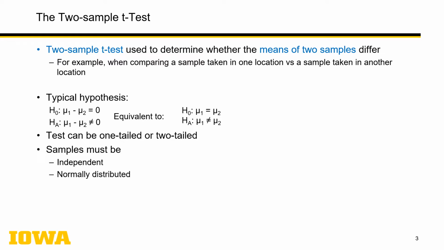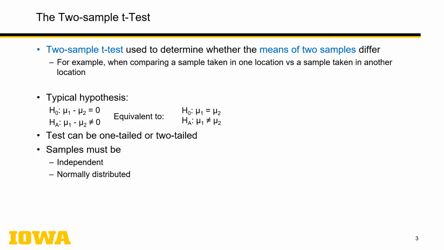Okay, we're going to finish up here now with two-sample t-tests. Now we're interested in whether the means of two samples differ. Not whether one sample differs from a number, but whether the mean of one sample differs from the mean of another sample. This is the classic use of a t-test. So, for example, in comparing a sample taken in one location versus a sample taken in another location. In that case, I'm going to compute a mean for the one location and a mean for another location, and I'm going to test them associated with this hypothesis